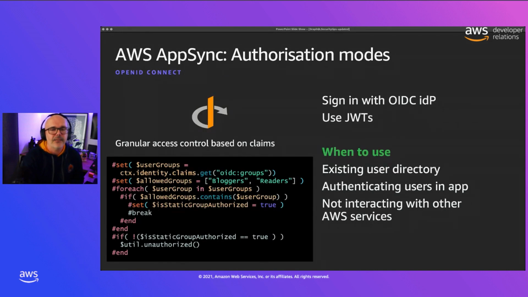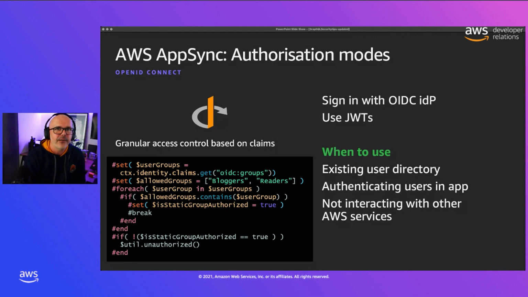Next, we're going to take a look at OpenID Connect, or OIDC. This is very similar to Cognito User Pools because we're talking about using JWTs to get access again. So ideally, this is good when you have something like an application that already is set up and has a user directory. You might have an external OIDC identity provider, and you can set that up so AppSync can interact with it and properly identify and authorize requests with JWTs that have been provided from that OIDC provider. So this works well with apps where you need to authenticate users and where you have an existing user directory.